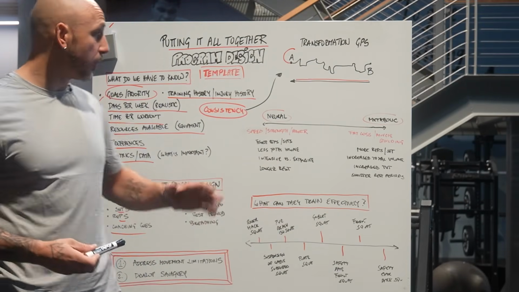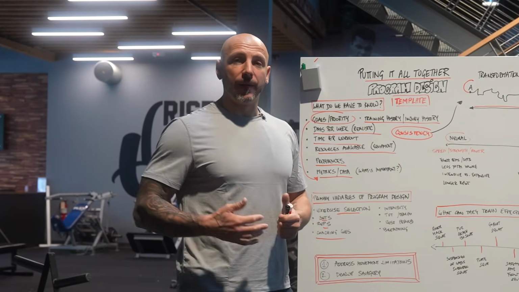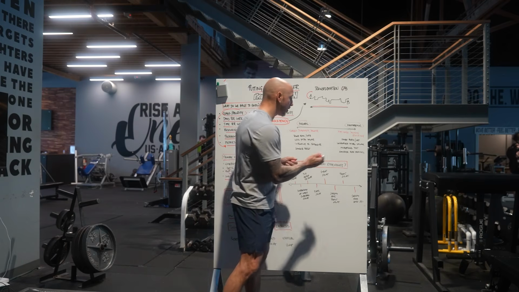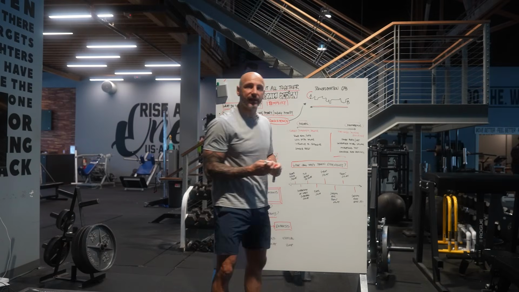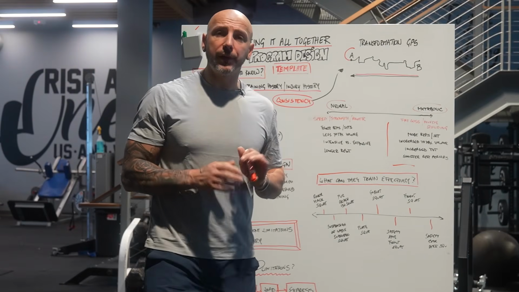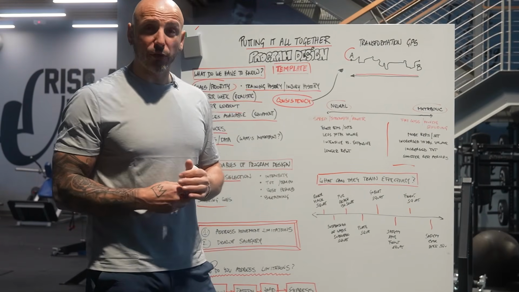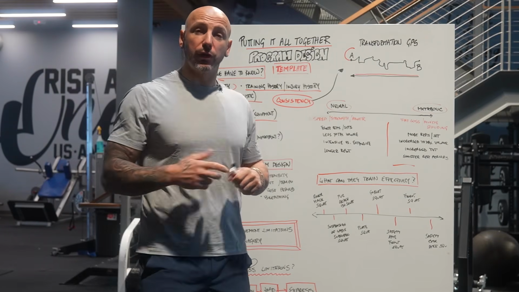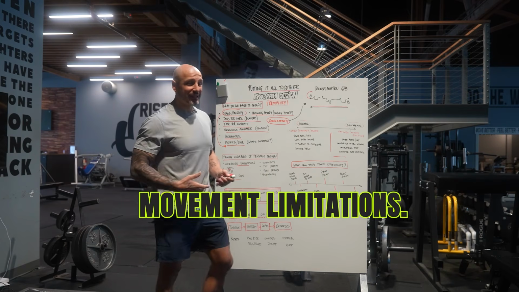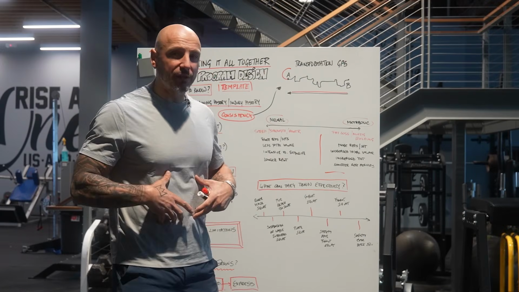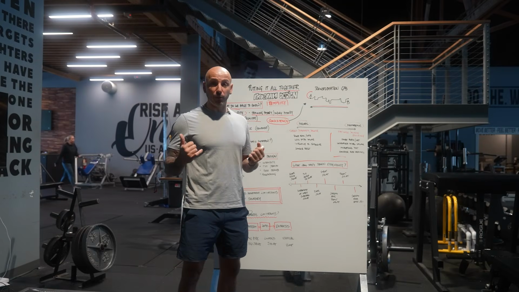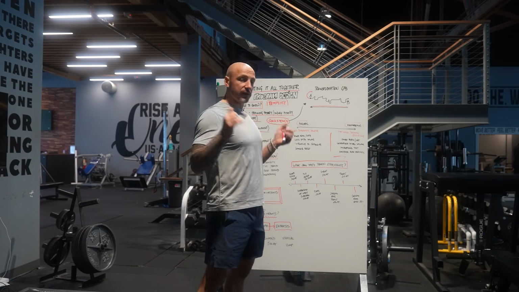We're going to get to here in a second because when we build programs out, think about this, right? You get Susie Sue in and Susie Sue wants to get stronger, but she also wants to get leaner. All right, so she's kind of this side of the continuum. So we're going to start off week one maybe with 2 to 3 sets of 8 reps on a squat and some type of horizontal row. If we want to address movement limitations, she's got tight hips, ankles, core stability is not there. Are we going to give her a back squat? That's definitely not going to address movement limitations, right? It's probably going to put her in worse positions.